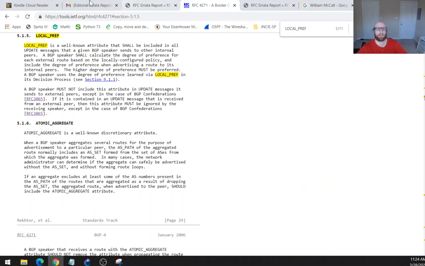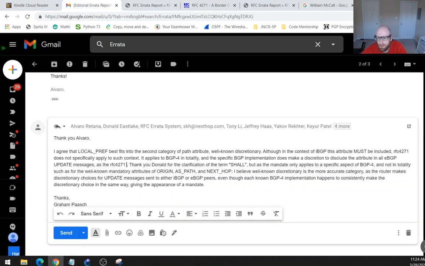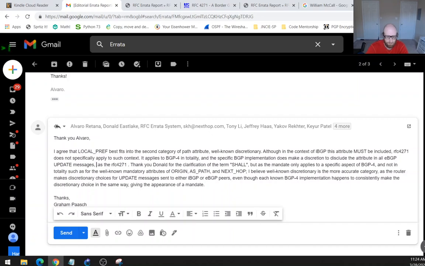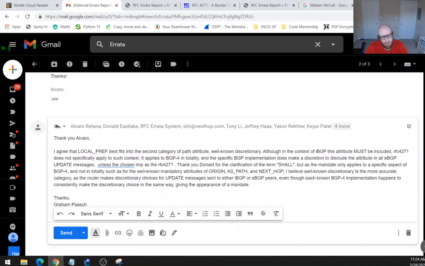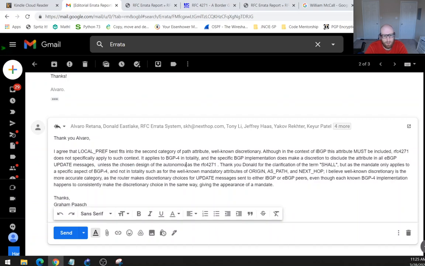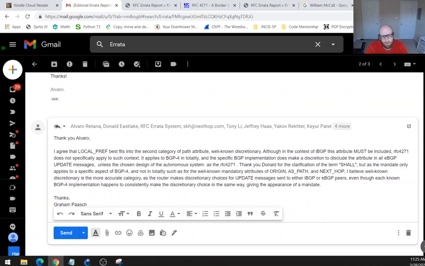Okay, I guess I would say, let me say this. It applies to totality, and the specific BGP implementation does make a discretion to disclude the attribute in all EGP update messages, unless the chosen design of the autonomous system includes route